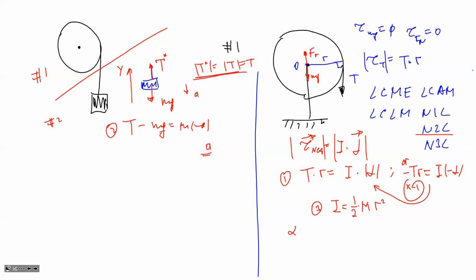And for that, we again use the fact that the string does not stretch. So it's an ideal string. So for example, if this weight travels down by, I don't know, 1 centimeter, a certain distance, the string unwinds, and if we take a look at any point at the rim, at the edge of the wheel, it will travel the same distance. This is the connection. So this motion is coupled,